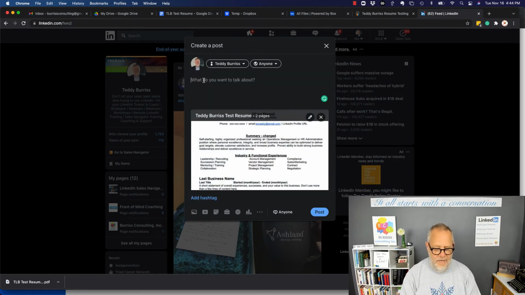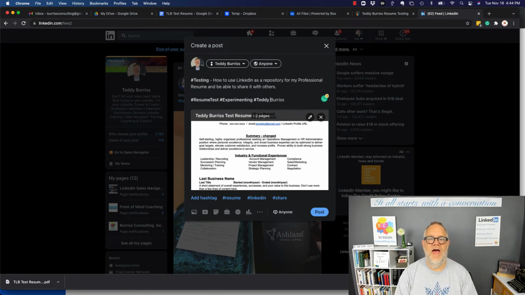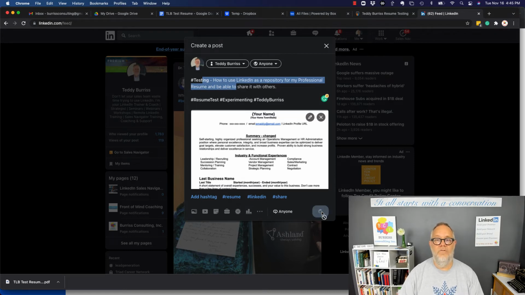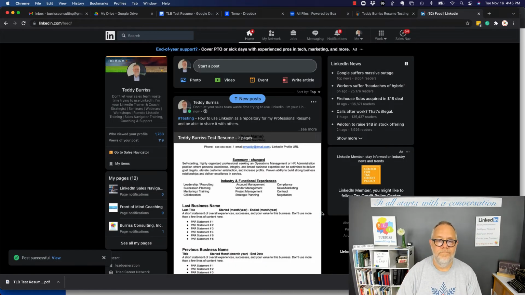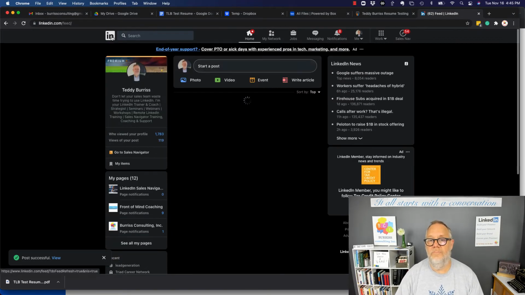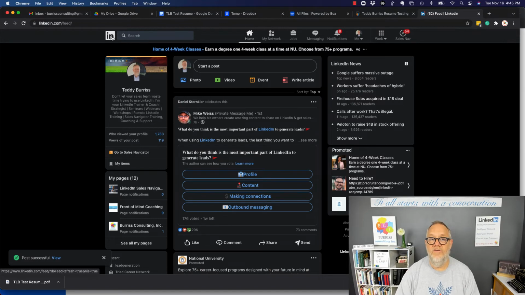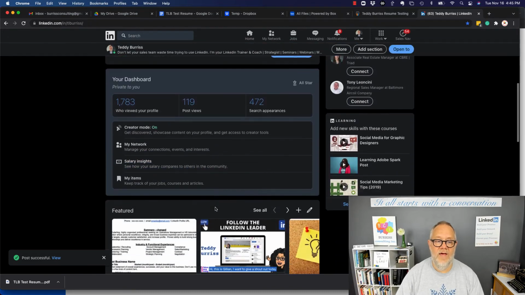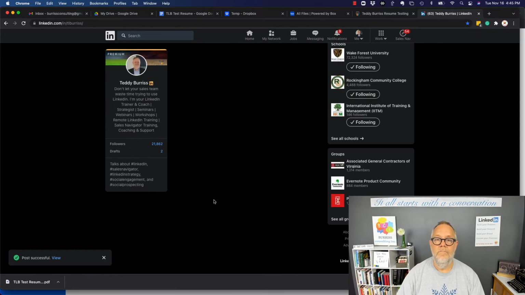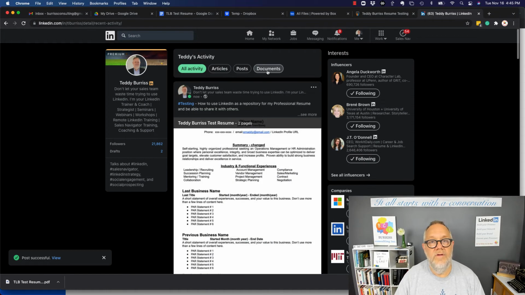Now I can put in here, you might use different hashtags than what I'm using for my examples, but I'll make a post with my document, and then I hit post. And now there's my resume posted for everybody to see. Now here's the problem: once I hit refresh, it goes away, except I know where it is. I go to my profile. I come down here to activity, see all activity. Go over here to documents,